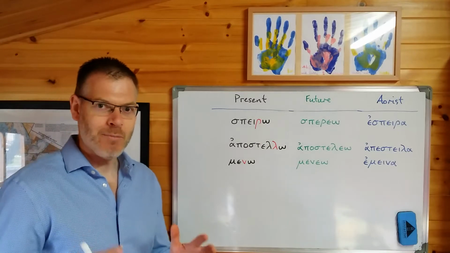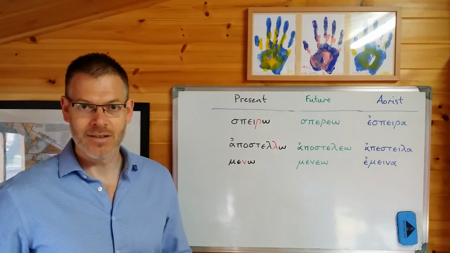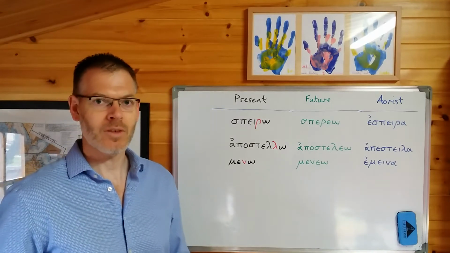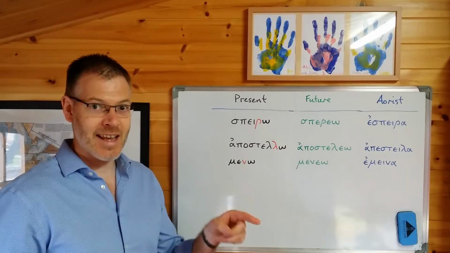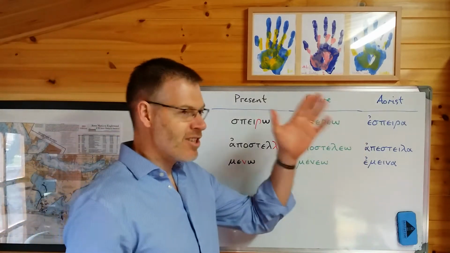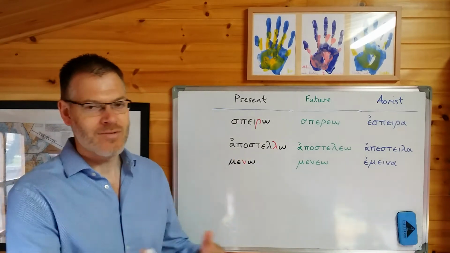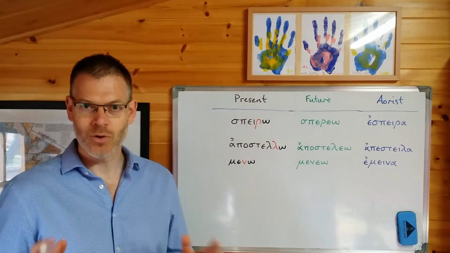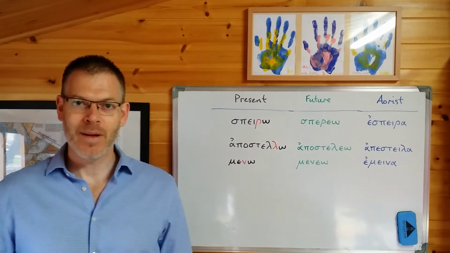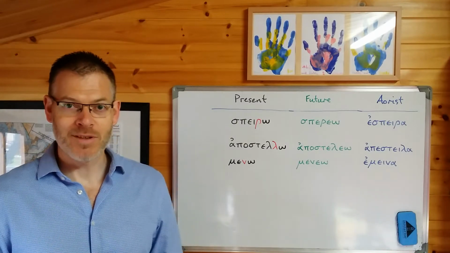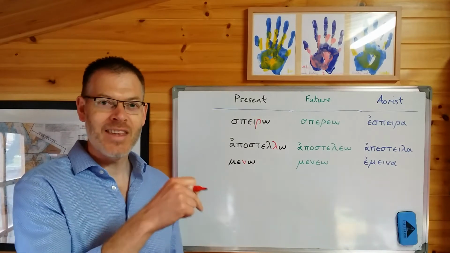How do verbs normally form the future or the aorist? Just think about that for a second. Well, you've got the stem and you slap a sigma suffix at the end of the stem. If it's an aorist, you also put an epsilon augment at the beginning of the stem, and then you do the usual stuff with the endings. All simple, right? Yes.